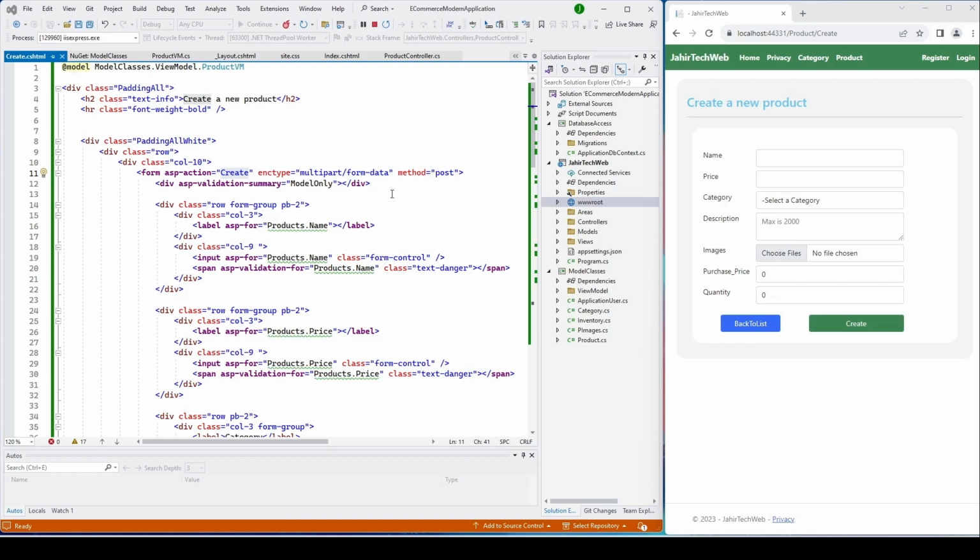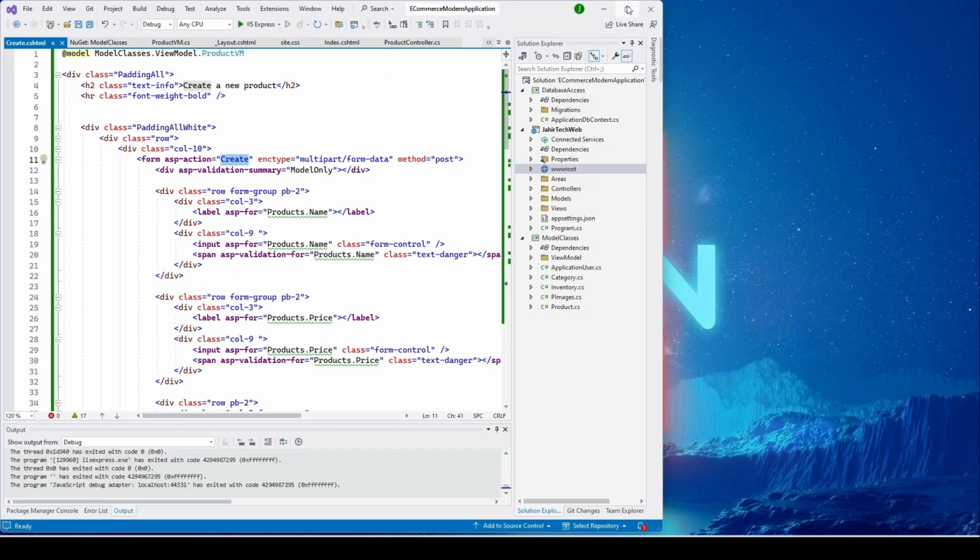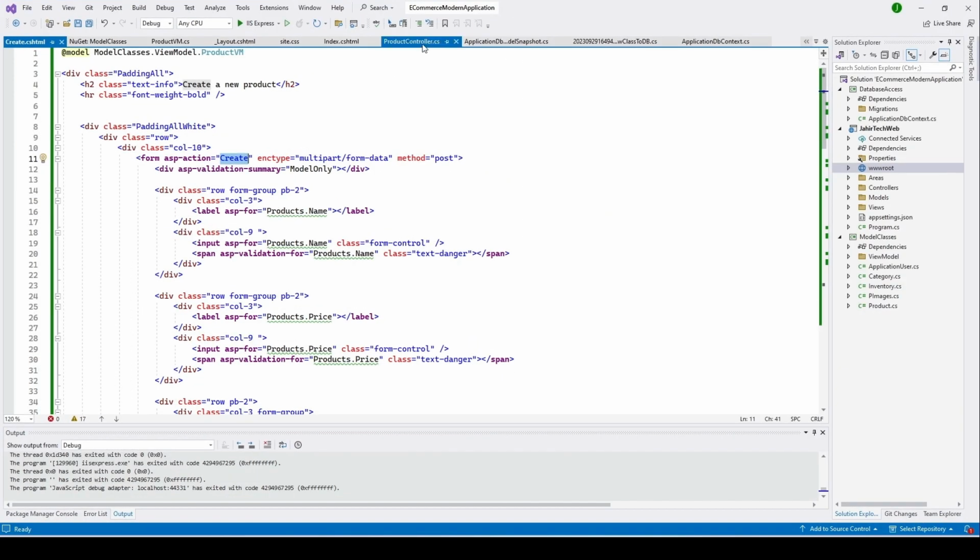Hello friends, in our previous video, we had implemented the get function for our create method, right? And now in this video, we will go ahead and implement the create post function for the create method, okay? So now let me go ahead and stop this, make this bigger, and I'll go ahead and open